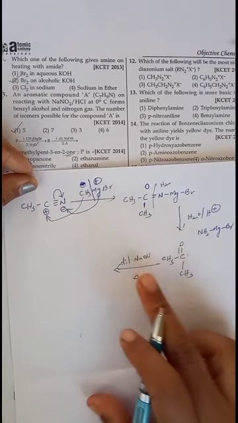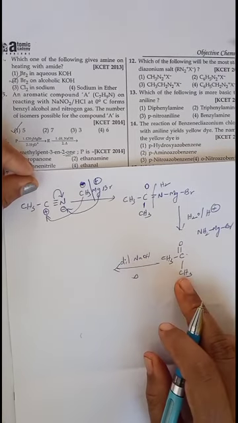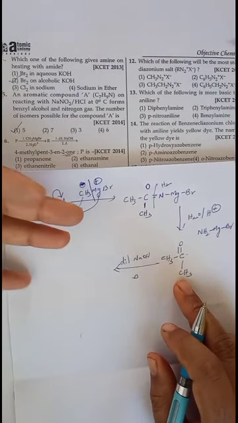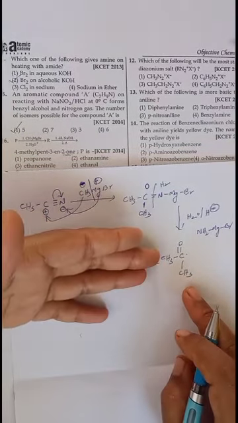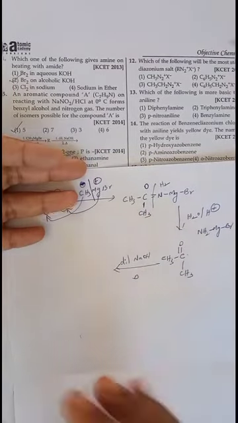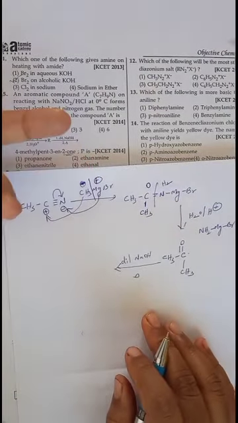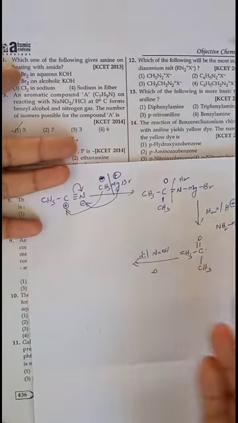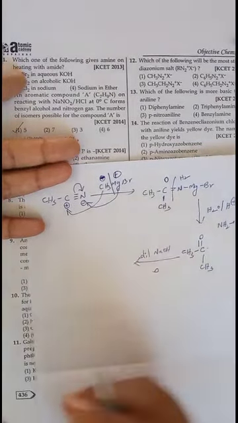or a carbonyl compound with a base. So then immediately you have to recall that aldol condensation. When aldol condensation takes place to the carbonyl compound containing alpha hydrogen, the final product is what? Alpha beta unsaturated aldehyde or ketone. Here we have taken ketone, then the final product is alpha beta unsaturated ketone.